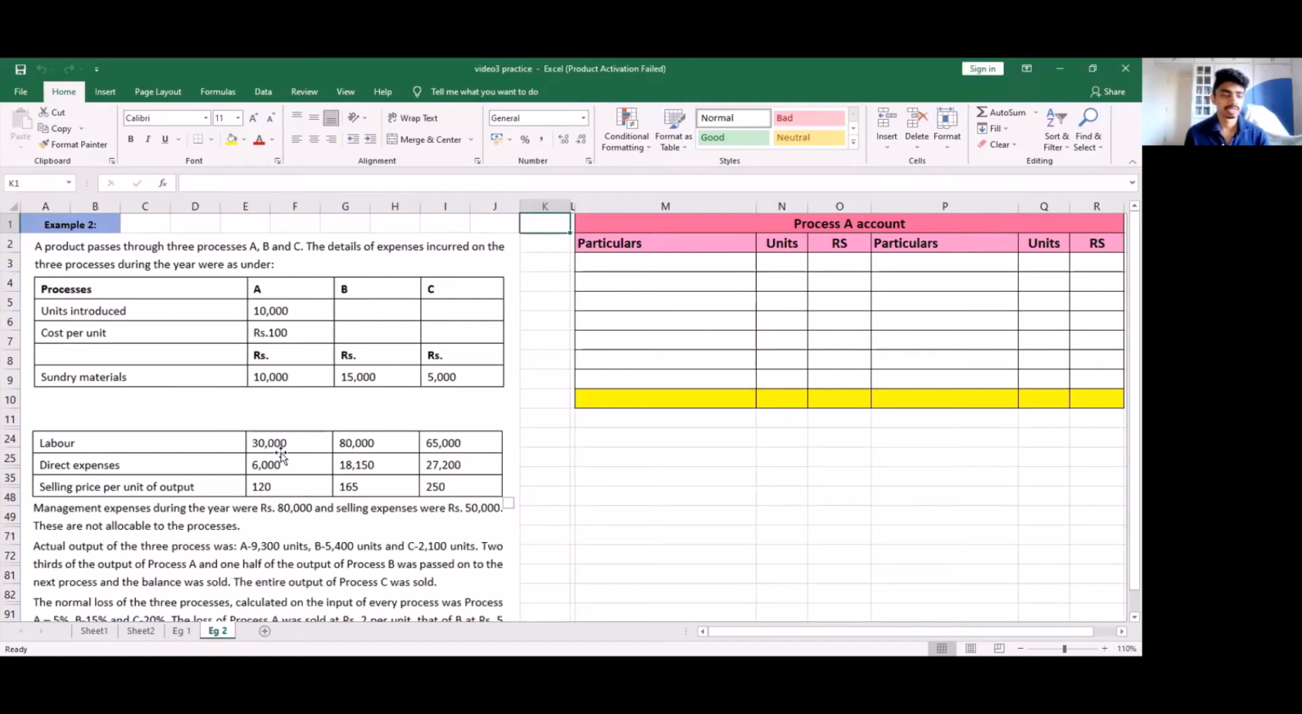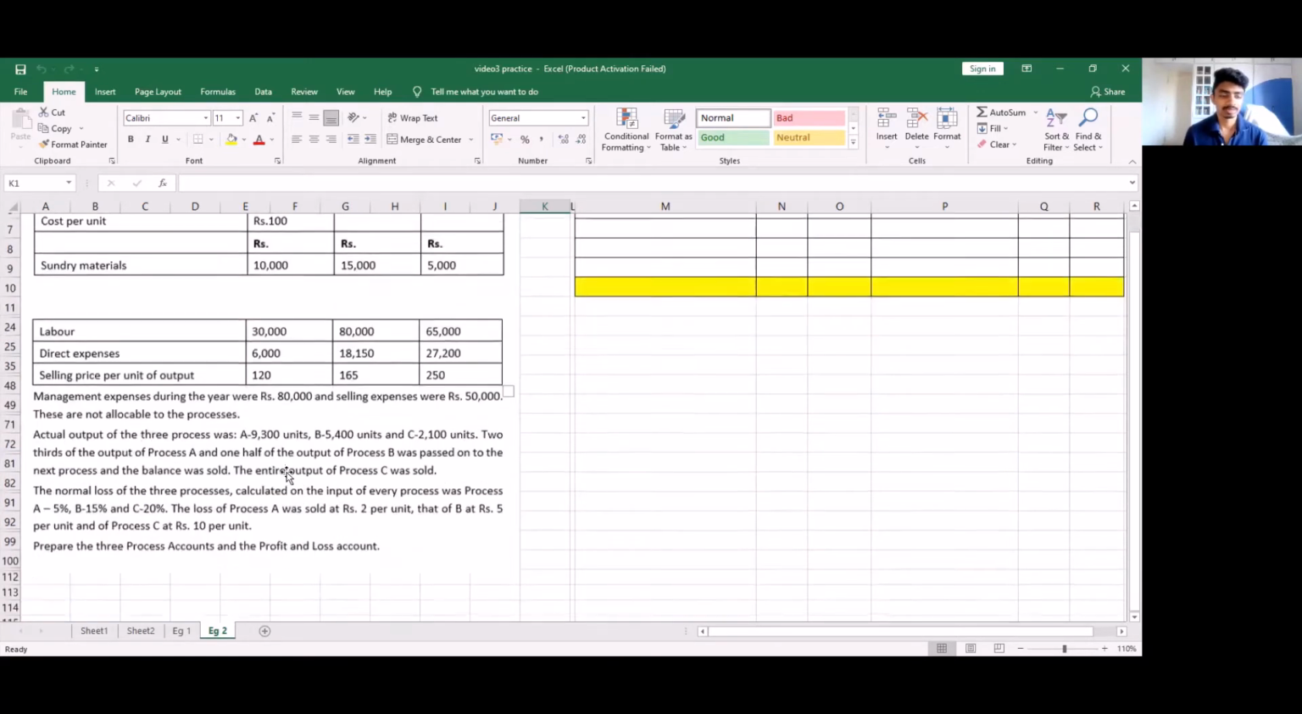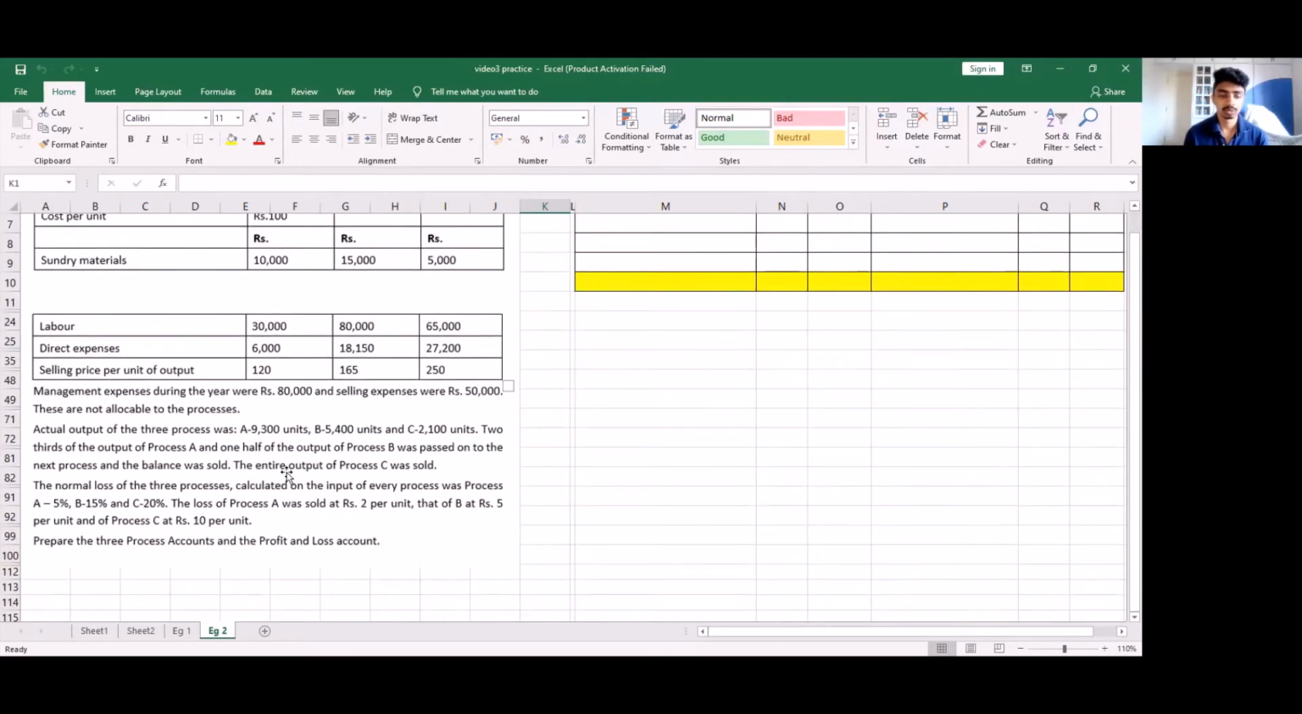A product passes through three processes A, B, and C. The details of expenses incurred on the three processes during the year were as under. You can refer to the table for the particulars and values. Management expenses during the year were rupees 80,000 and selling expenses were rupees 50,000. These are not allocable to the processes. Actual output of the three processes were A, 9,300 units, B, 5,400 units, and C,